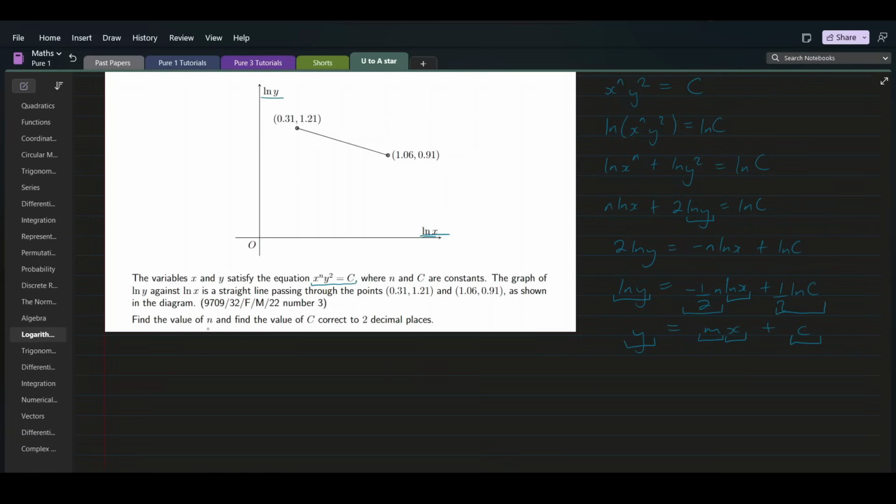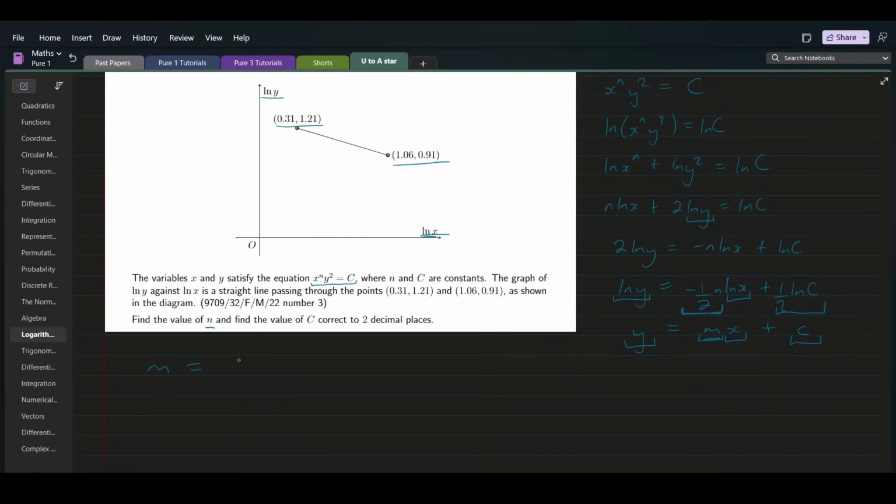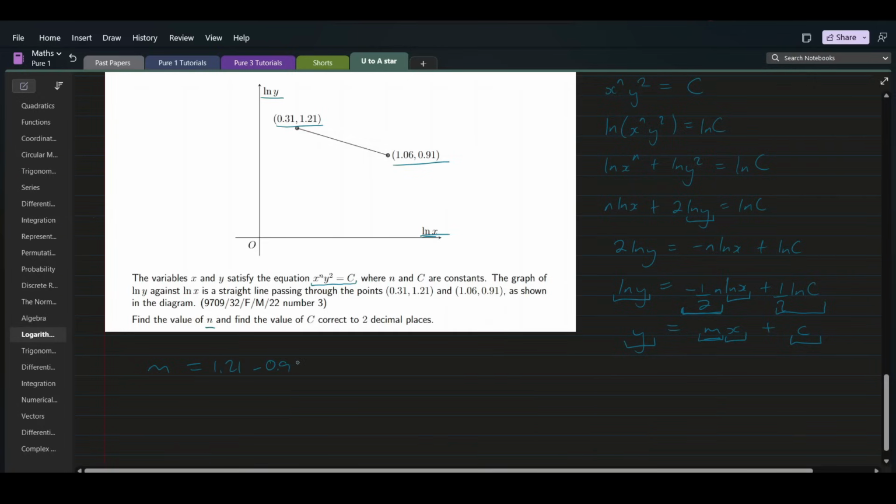So we want to evaluate n. We can tell that negative half n is representing m. So if we can find the gradient of the line that we're given here, we can find n. So let's start by finding the gradient m using the coordinates that we have been given here and here. So that's change in y, so 1.21 minus 0.91, and this is over